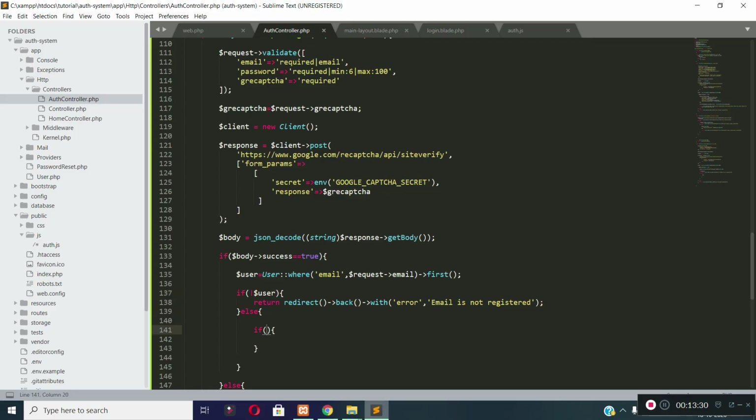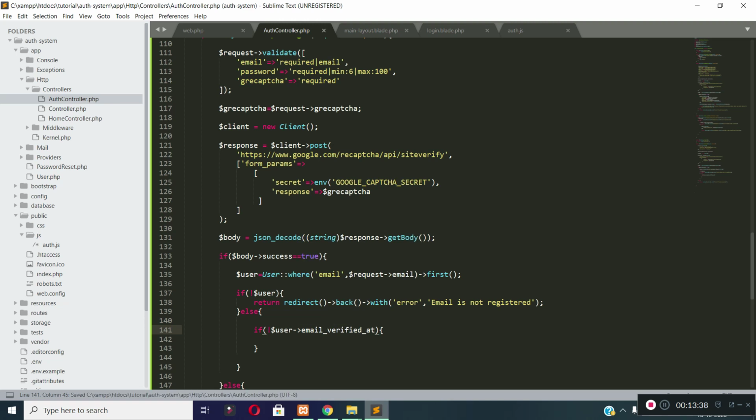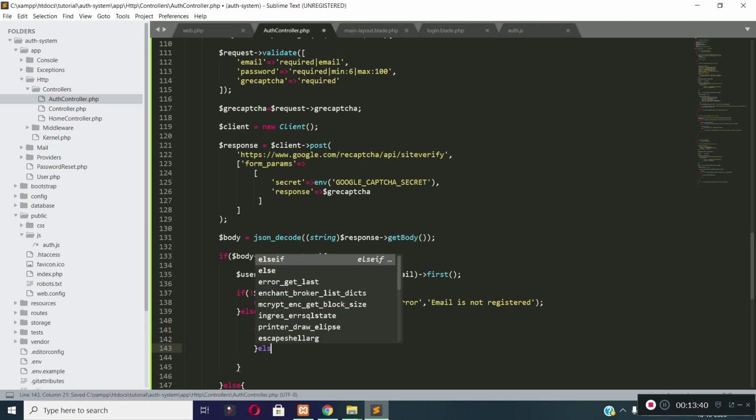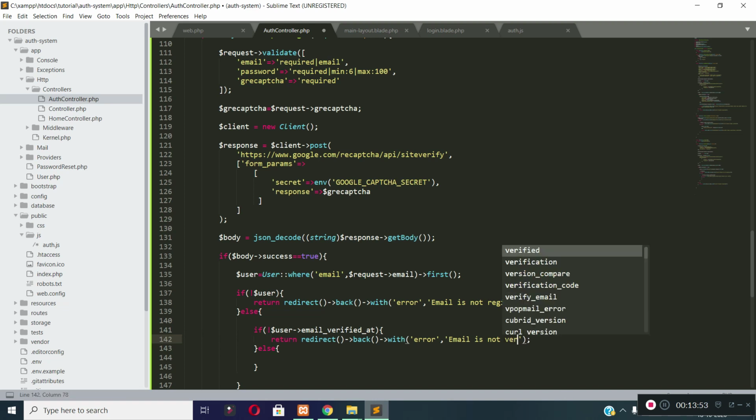So I am checking if the user's email verified at column is null, that means the user did not verify his email address. If the user did not verify his email address, then I will redirect the user back to the login page with an error message, email is not verified.